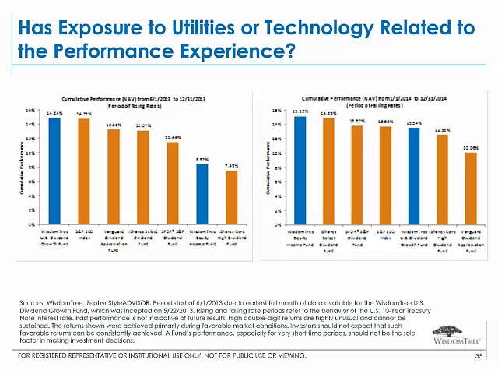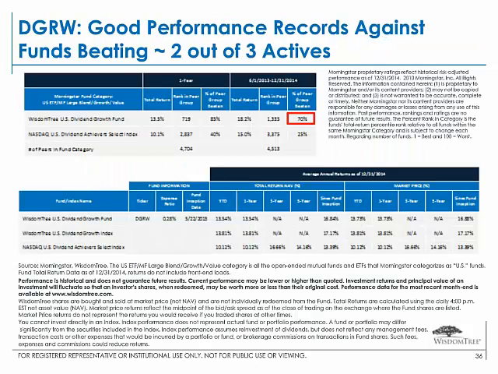iShares Select Dividend Fund also does exceptionally well. That utilities weighting certainly being helpful, but you can see in terms of being able to outperform the market, the interest rate environment has been critical. The nice thing about DGRW is that even though we've had a period since its inception where rates have gone down and we've had a period where rates have gone up, overall there's been distinct versatility.